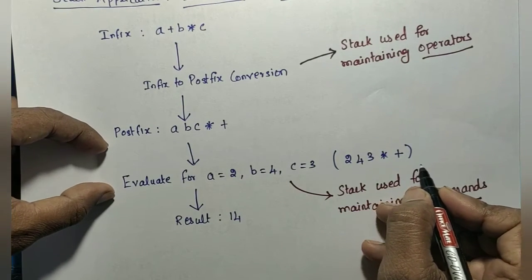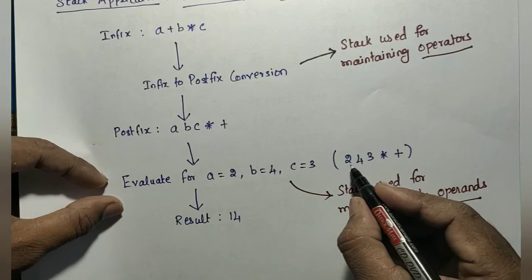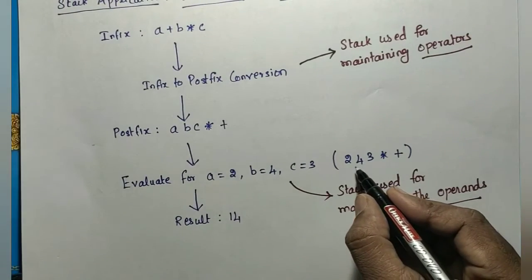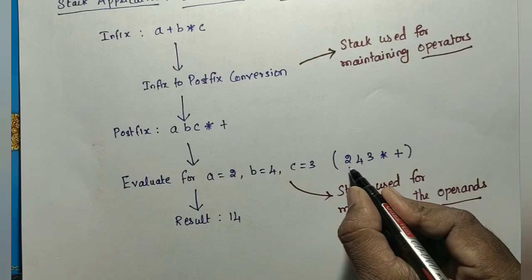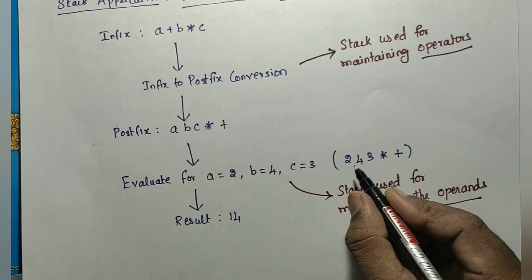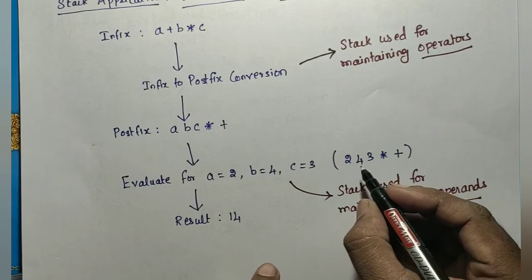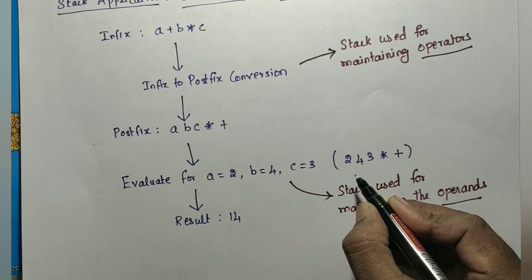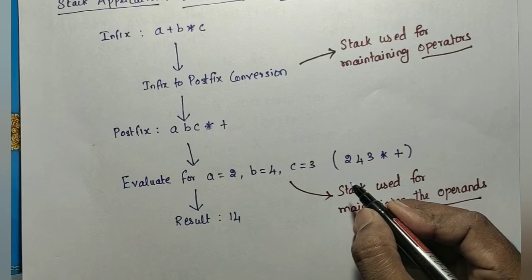Also, we are going to make an assumption. For simplicity, for explaining the algorithm alone, we are going to consider the values to be single digit numbers. It means that each individual character will be either a number or an operator. We are not going to consider two-digit or three-digit numbers as values. This simplifies the explanation of the algorithm, and later on you can modify the algorithm for adding two-digit, three-digit, four-digit numbers.